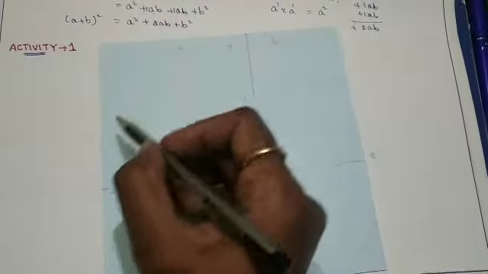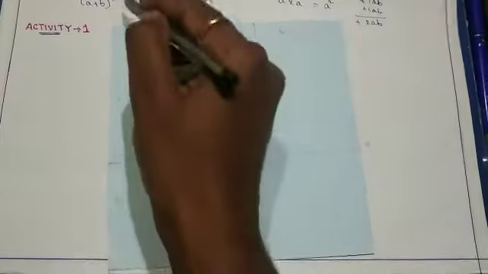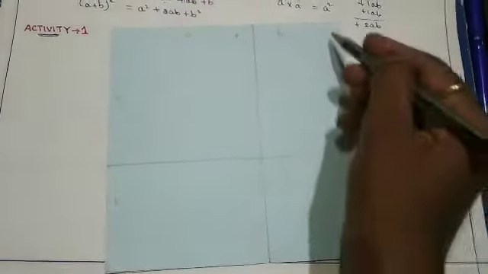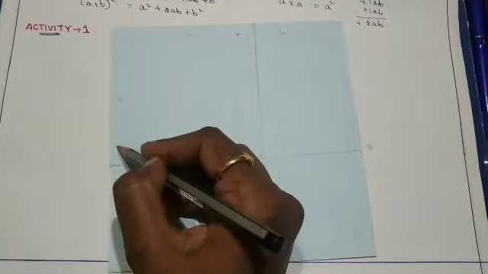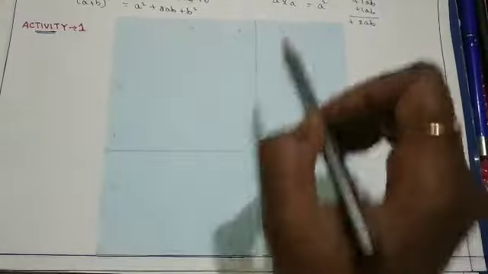Similarly, here it is A, so here also it is taken as A, and this length is taken as B, because the big one is a square, so it becomes A plus B. Then the side of the bigger square becomes A plus B. So it has been divided into 4 parts.